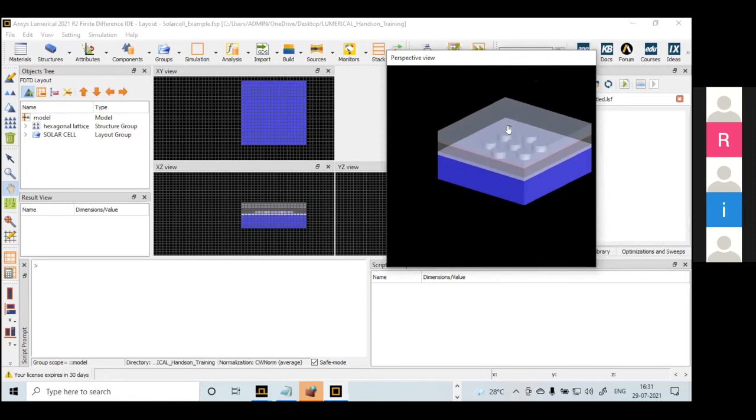Tomorrow I think one more session is there, on fabrication. Today you got only the simulation part, where we can create the structure. The next thing is, if you want to publish papers in SCI journals, they will ask for some fabrication part. We cannot go to the lab or fabricate whenever we want. It is very difficult.